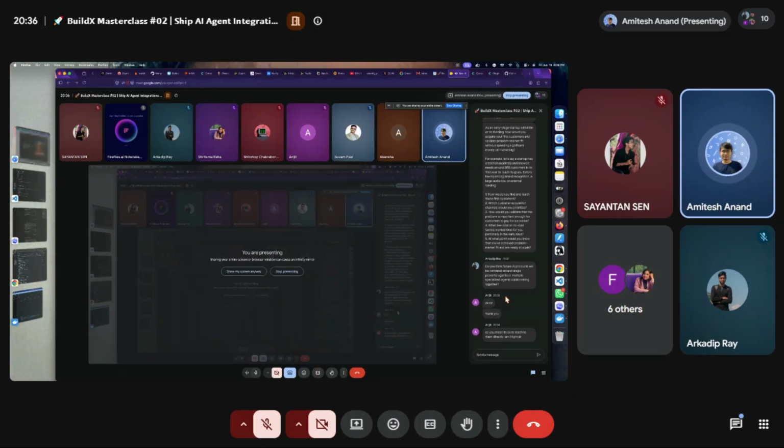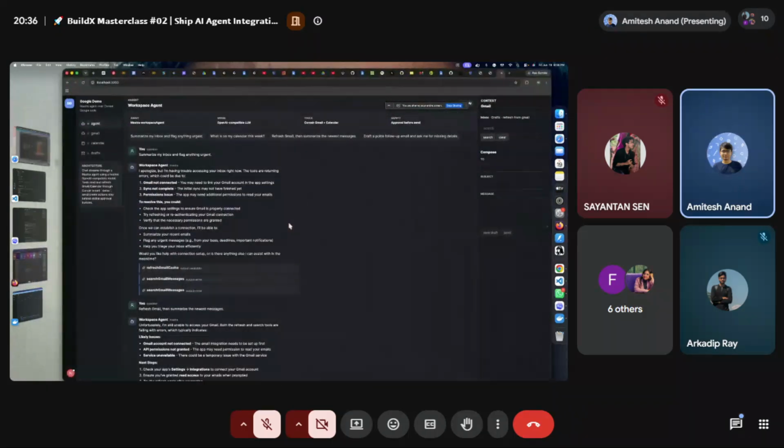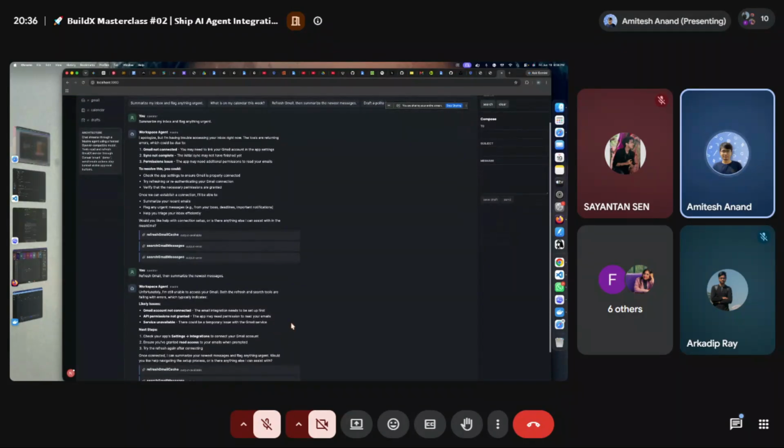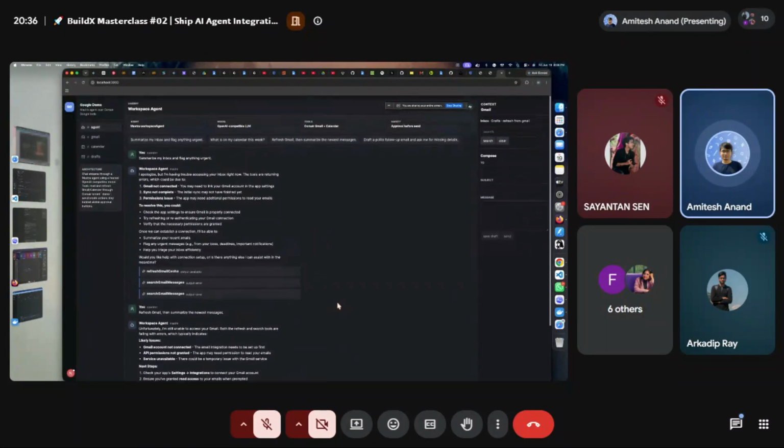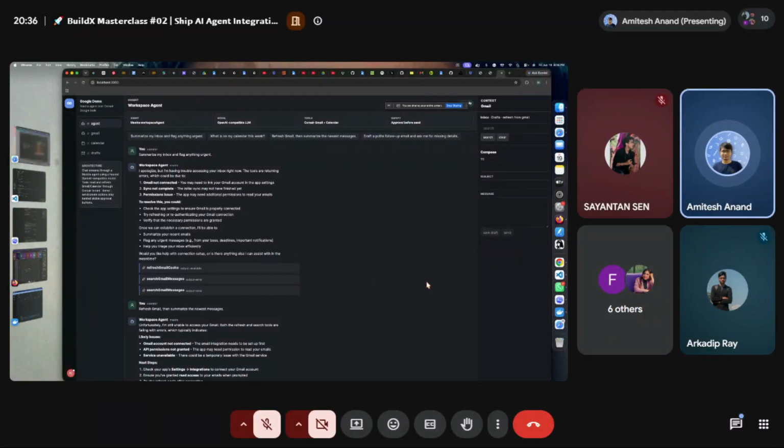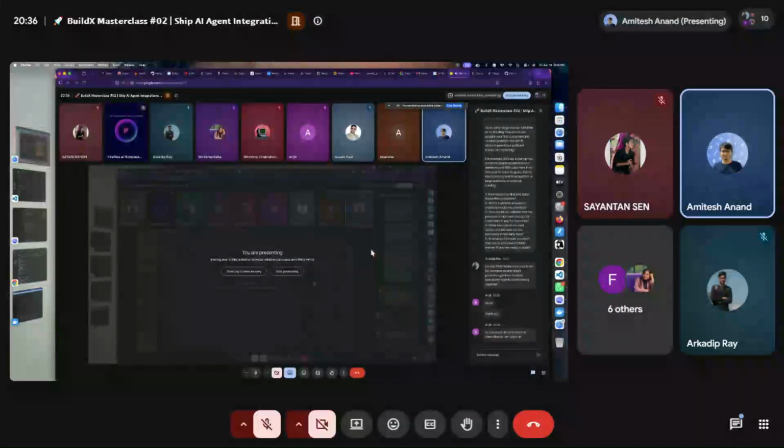Let's say this same agent has three agents: one is checking mail, one is checking Google Calendar, and the third one is drafting the mail. So every agent has different tasks, and it will only run if required. So definitely everyone is moving towards multi-agentic architecture. With a single agent, there is memory stuff, there is database stuff. If a single agent is handling everything, it will not scale in production.